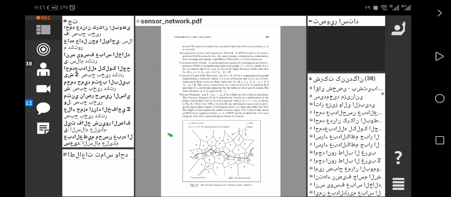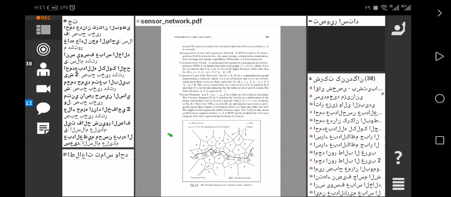Consider the graph G that includes S and E, representing a network. S is the set of sensors, E is the set of edges or communication links between sensors. We say that G is